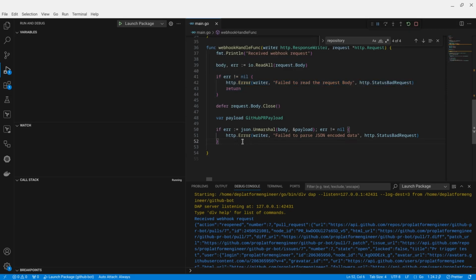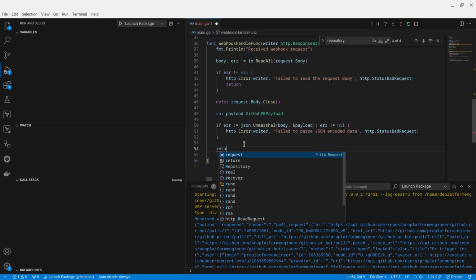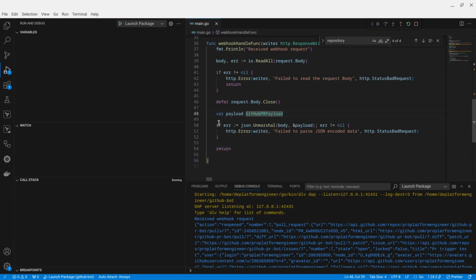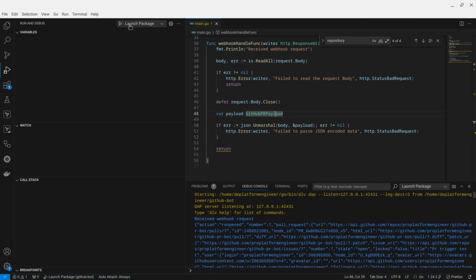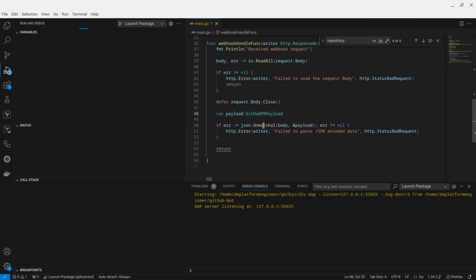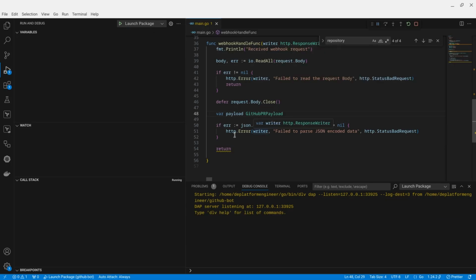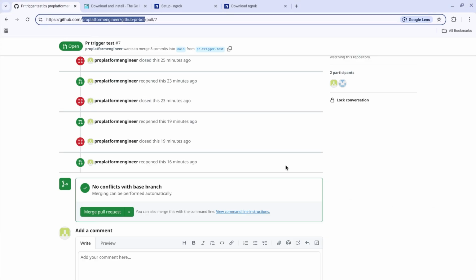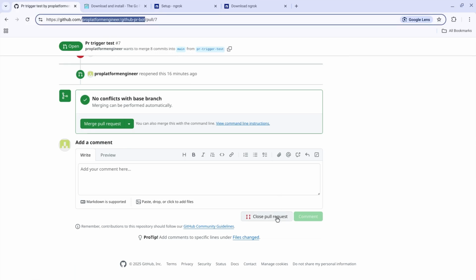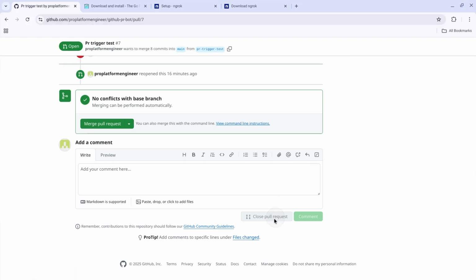But yeah, now if I actually show you what this looks like, payload is going to be populated with some data. So let's go ahead and just do a return here for now. And we're going to go ahead and stop this program and then run it. And we're going to put a breakpoint, let's say, in the return. Yep. And now if I go to here, and let's say I want to close the pull request,